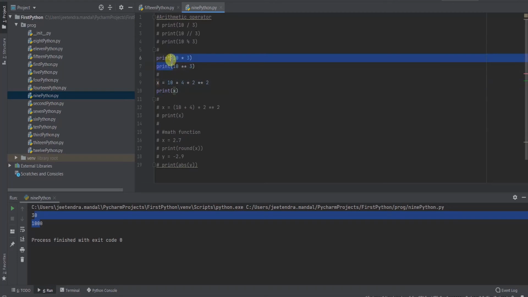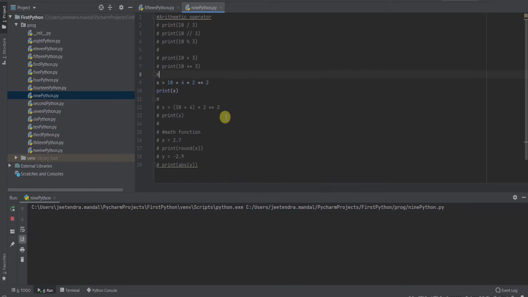Now we'll move ahead and we'll see some operator precedence. Like when we have plus, minus, everything inside, how does it work? So double star is precedence 1, then division or multiplication, then plus and minus. This is how the precedence works. So if I run it, you can see 26. Why is it 26? Because 2 to the power 2 is 4. 4 into 4, 16, and then plus 10, that is 26. This is how the operator precedence works here.